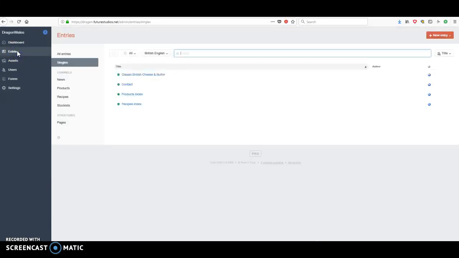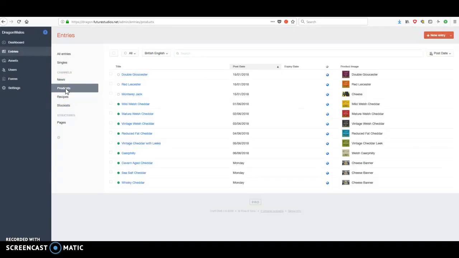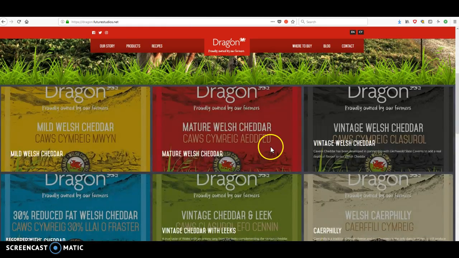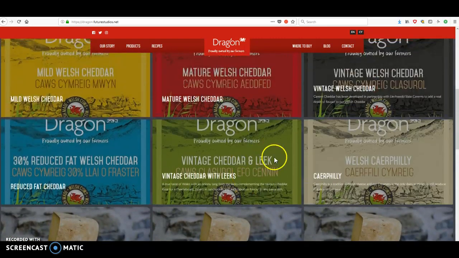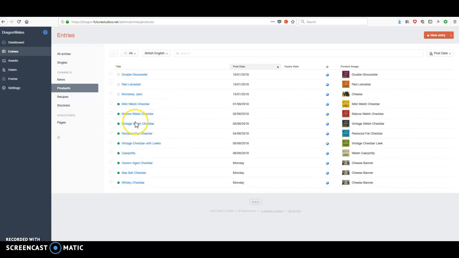So if we go back to entries here, and we've got channels here. Now the one we want is under products. So if we look in products, and here we can see pretty much all the products that you guys do. So if we were to say, for example, let's try the vintage cheddar with leeks. Let's take that one in particular. If we were to click into that one, which is there,